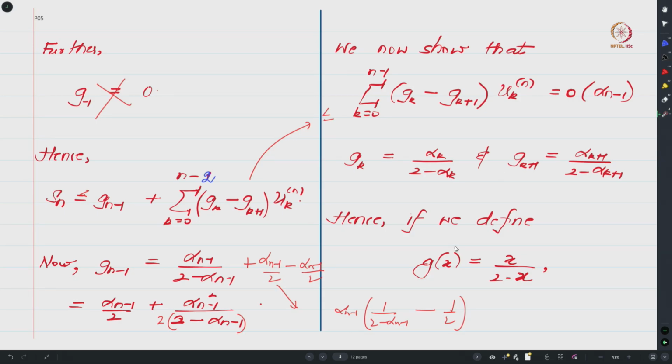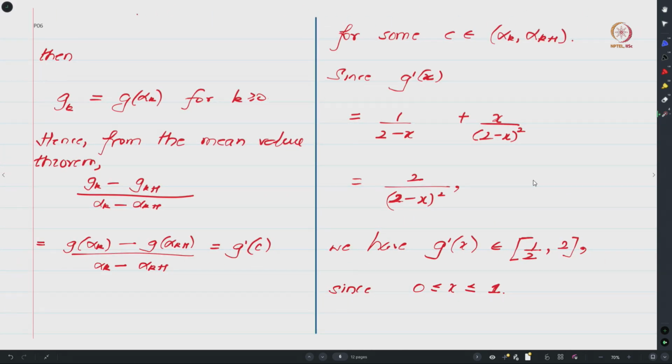In other words, if you define this function from R to R, and you evaluate this function at x equals alpha k, then we would end up with gk, and if you evaluate this function at alpha k plus 1, then whatever you end up with will be your gk plus 1, right,